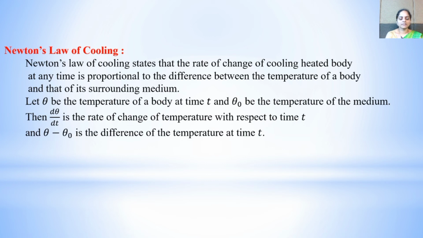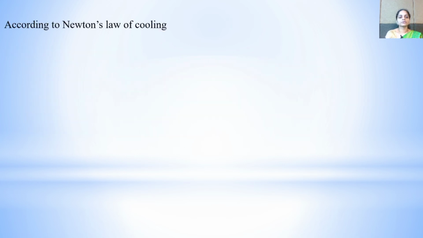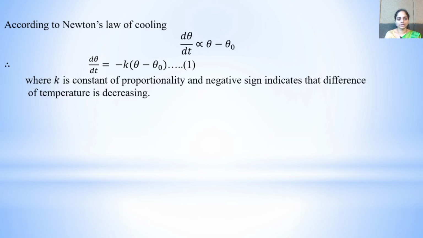And theta minus theta 0 is the difference of the temperature at time t. By Newton's law of cooling, d theta by dt is directly proportional to theta minus theta 0. Now we take the constant of proportionality, which is k. Therefore, d theta by dt is equal to minus k into theta minus theta 0. This is our equation number 1, where k is the constant of proportionality and the negative sign indicates that the difference of